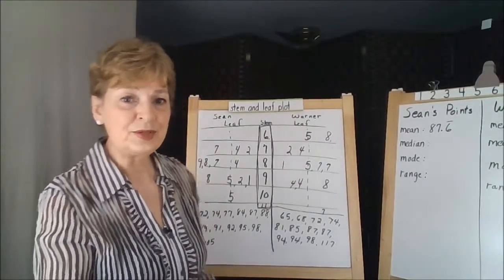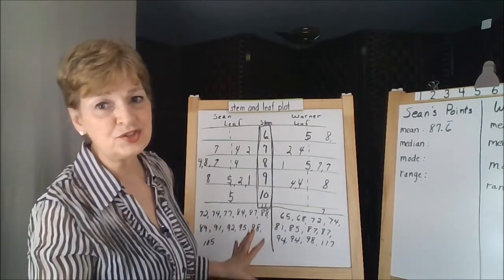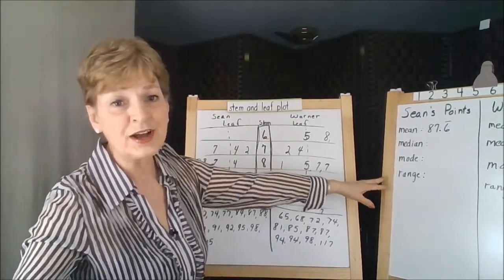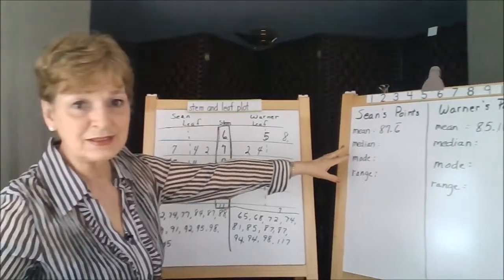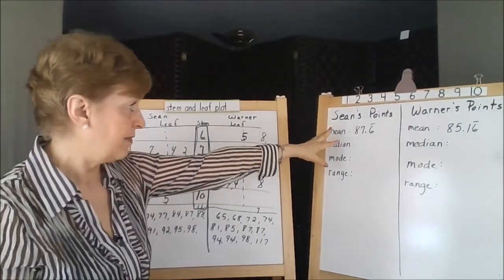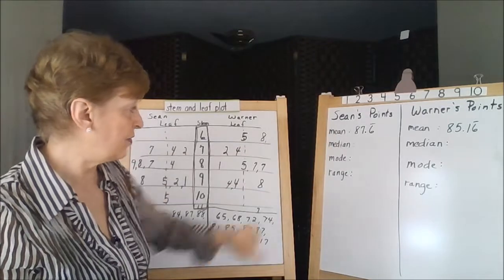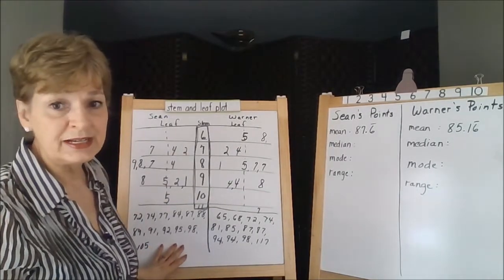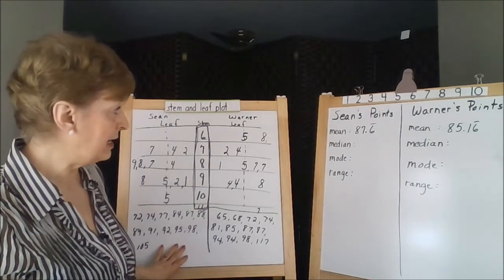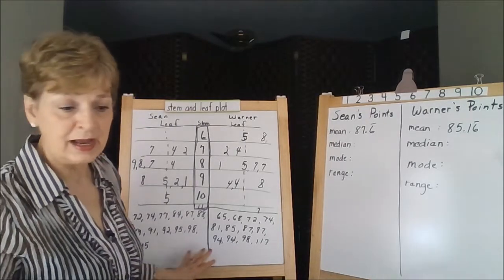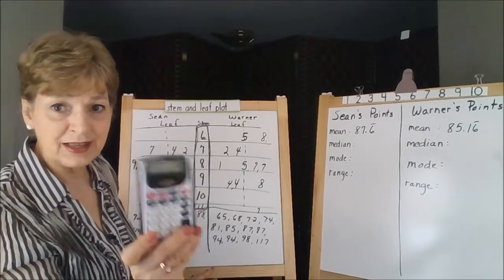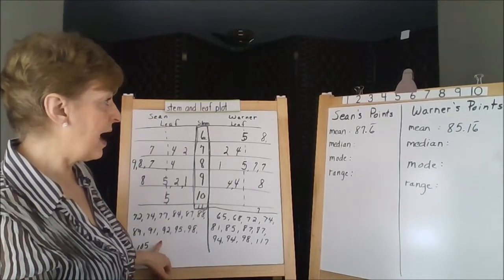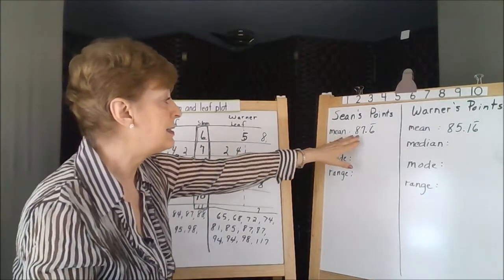We can now use both sets of data to track the mean, median, mode, and range of both of the students' points. So we've got Sean's points first. These 12 numbers needed to be added up and then divided by 12. And I must tell you that I used a calculator on this. So Sean's points averaged to 87.6